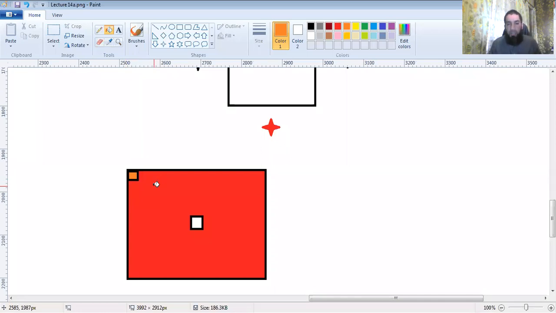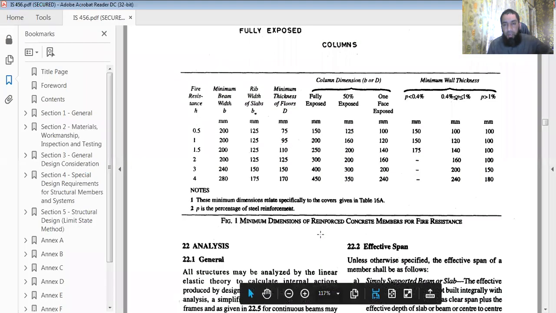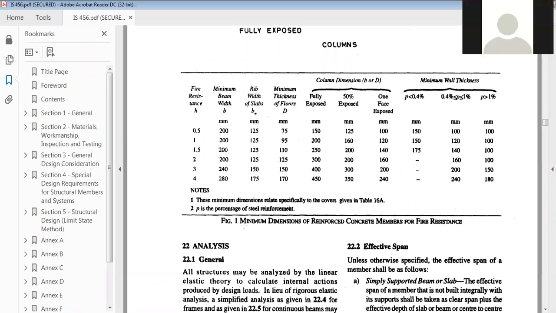to the inner fire, and we're assuming that there is no fire on the outer side at that moment of time. And then the third case is when you have one face exposed to the fire, and you can likewise imagine how that would be a case. For example, you have a column which has only one face towards the inner side, towards the room in which there is a fire.